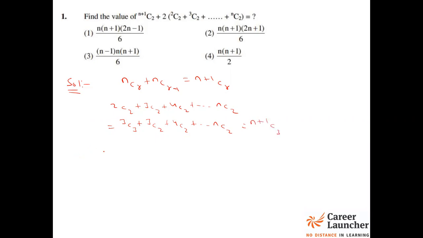Now what is the given question? (n+1)C2 plus 2 times (n+1)C3. Now we don't have any formula for this, so apply the formula for nCr. So (n+1)C2 will become